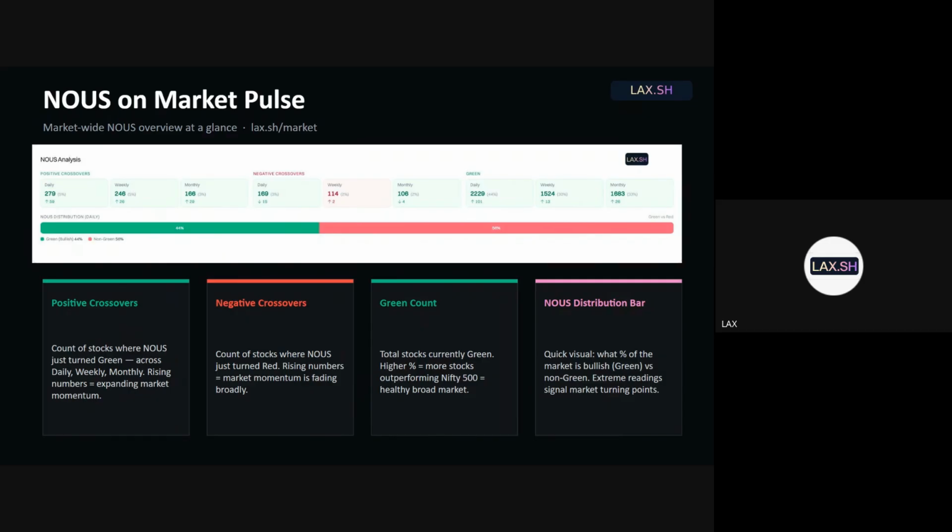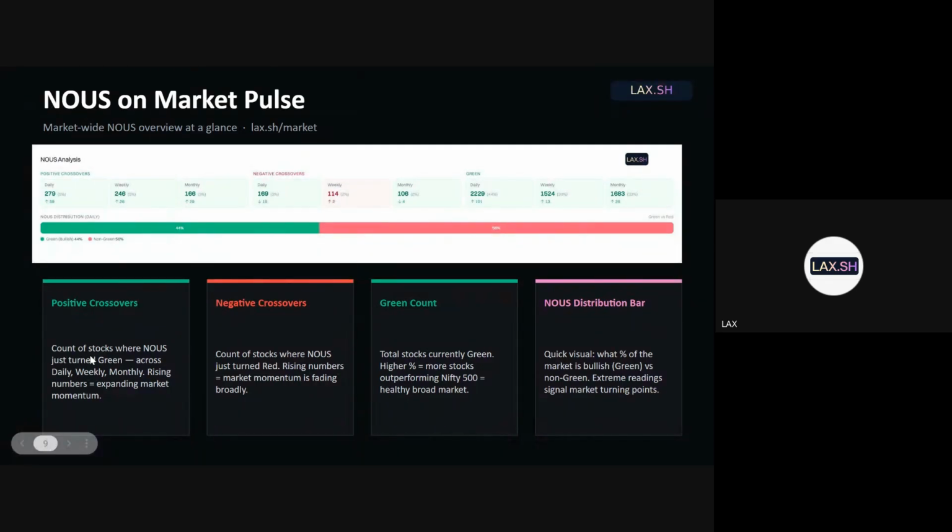So you have the news on Market Pulse. This is Market Pulse. It tells you the health of the market. If you are seeing more stocks coming up in monthly green, weekly green, daily green, more stocks are turning green than turning red, it means breadth is improving. It means pulse is improving. It means body is recovering. Even though the headline index is falling, if more stocks are turning green, it means the broader market is starting to outperform the benchmark, which means good times are ahead. So that is how you are supposed to read.